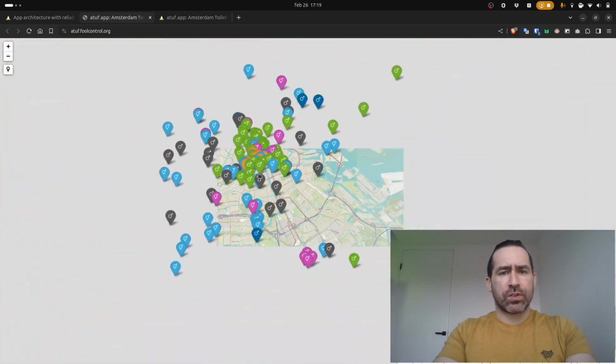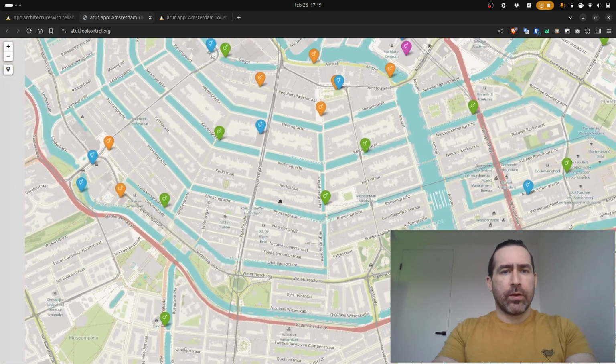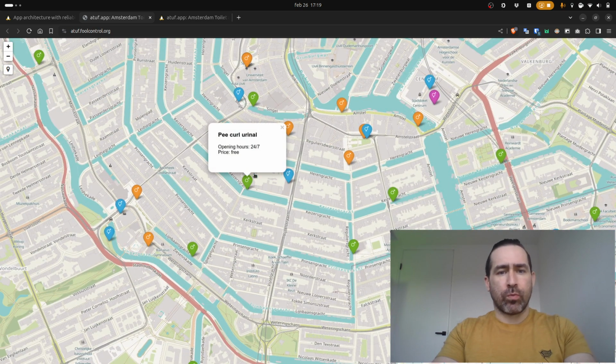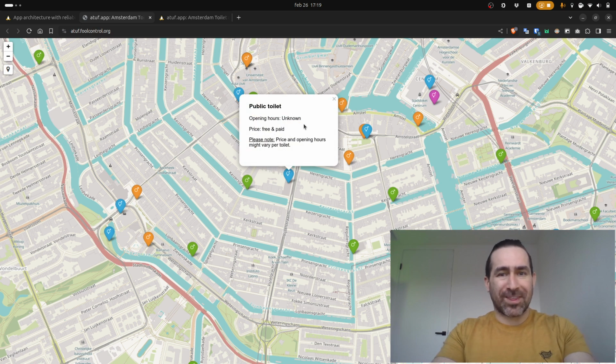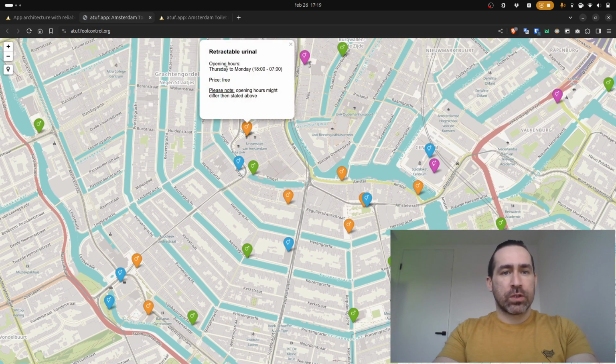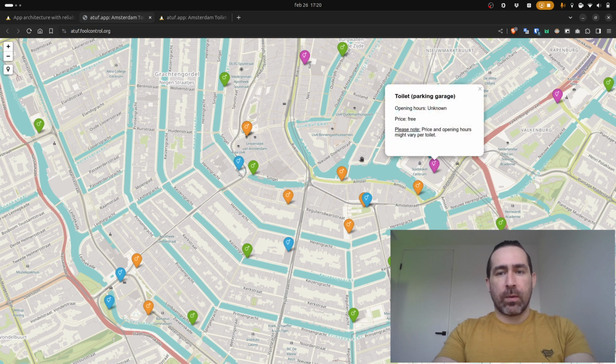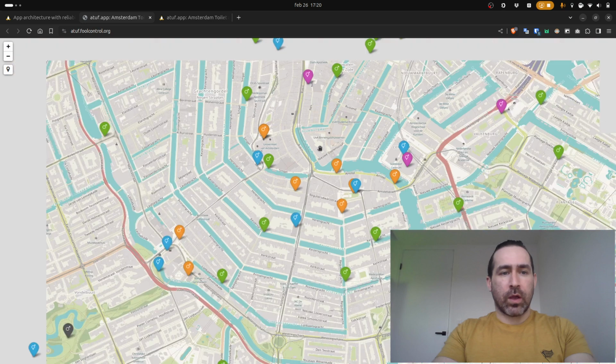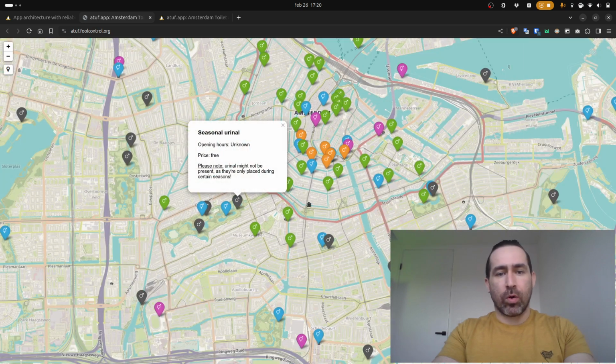You see a map of Amsterdam, and you have different markers. Green ones are the centuries-old P-curl urinals, for example. You also have different symbols, so you know that you can do your thing sitting also. So this is a public toilet. In this case, there might be free and paid. Orange ones are retractable urinals, so their opening hours might differ because they might go underground. Some of them might be part of the parking garage, or they might be seasonal,